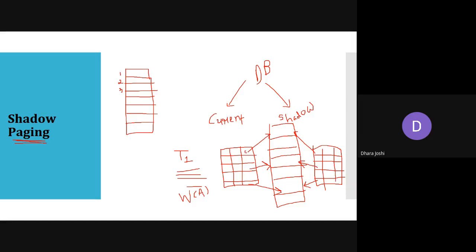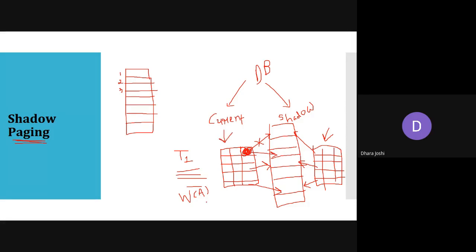And this block's value will get modified here. Okay. And now it will be, suppose, pointing out here instead of this. So we are not making a change into the shadow page table, because whenever we are having any write operation, until the transaction is committed, that means successfully completed, whatever instructions we are having, we are just making an update on the current page table only.